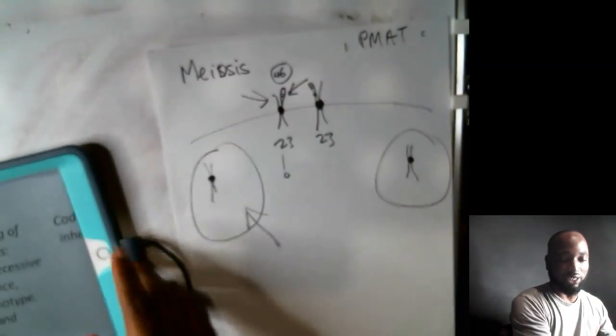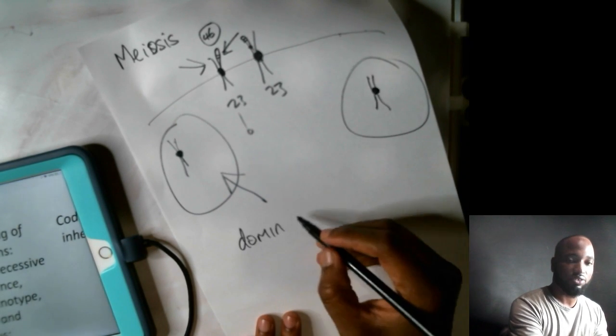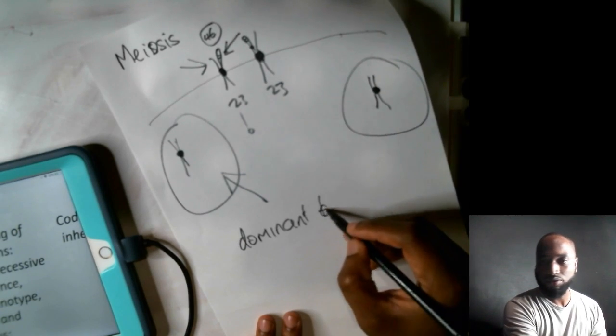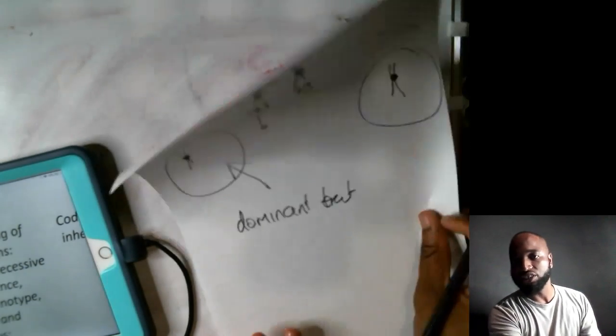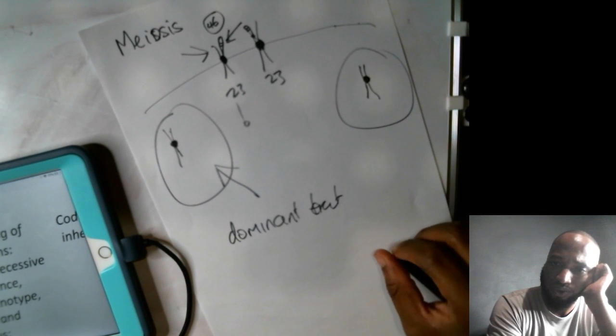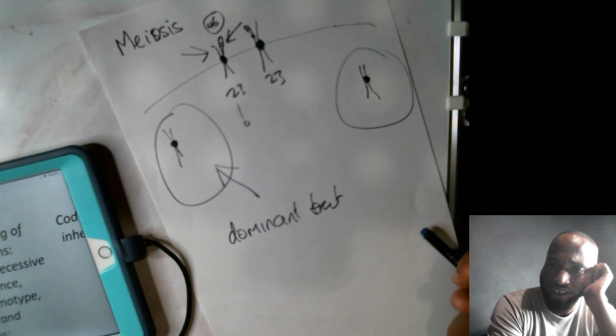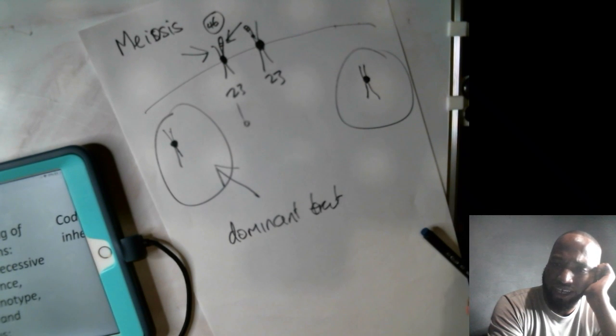First, let's get some answers from the chat. What is meant by the following term? Dominant trait. Chat says they are the physical characteristics, the traits that show. Dominant trait is not really that. Dominant trait is one you will see even if the other trait is recessive. That's true, but do you like that definition? I don't like that. Dominant trait always shows up in your phenotype. That's a little better. Recessive trait is what you will see only if the other is recessive as well. Dominant traits are the traits that are physically expressed. That's a little better.